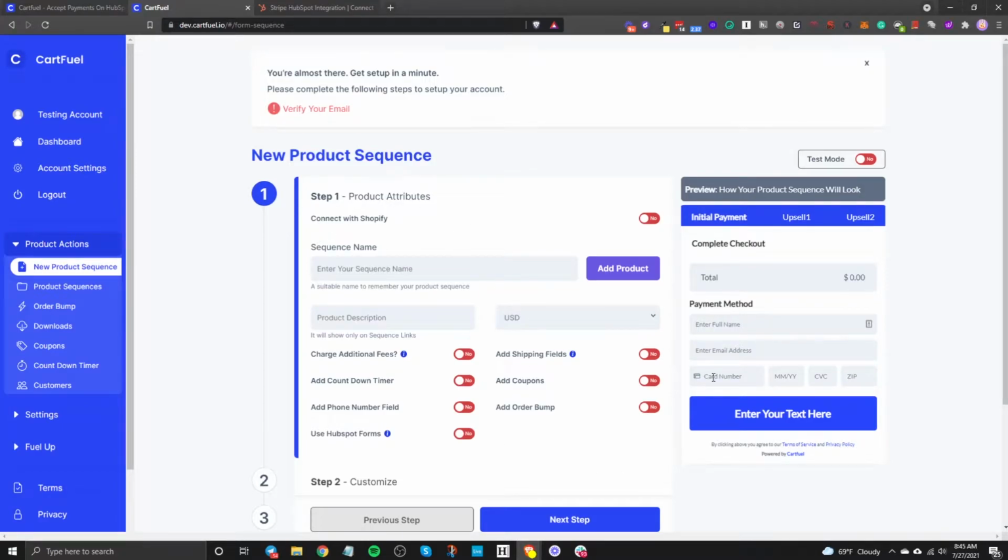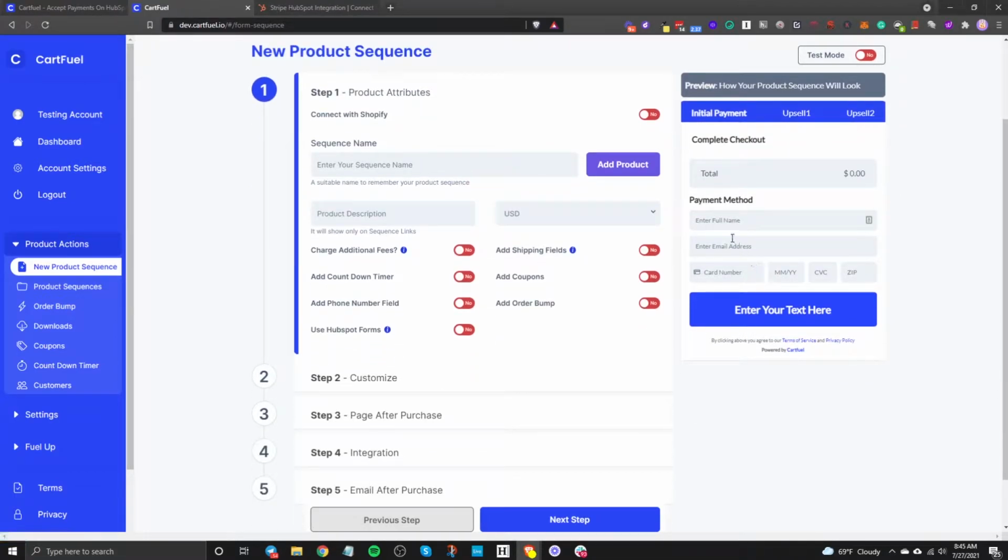The first step is setting up the main product. So it says initial payment, upsell 1, upsell 2. So initial payment is basically the first time they see the product, the first time that they enter their credit card number, whereas the upsell